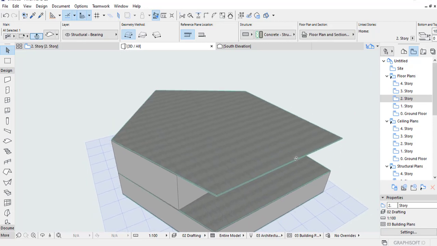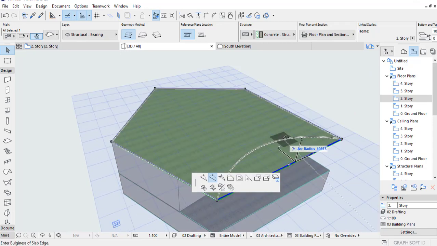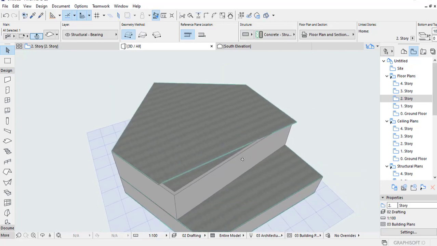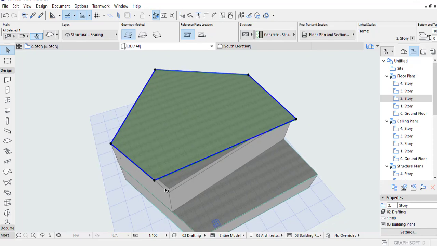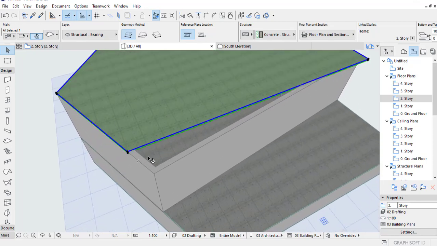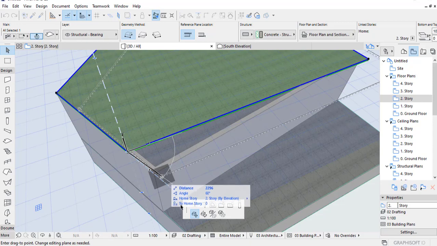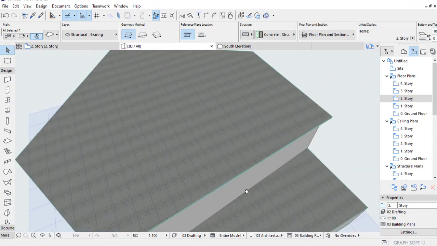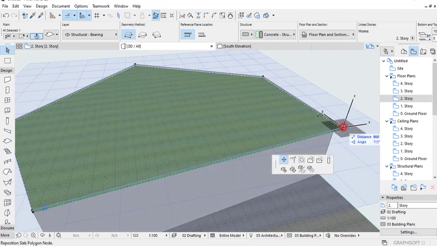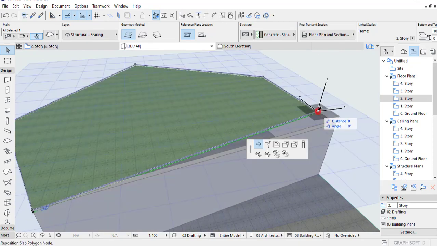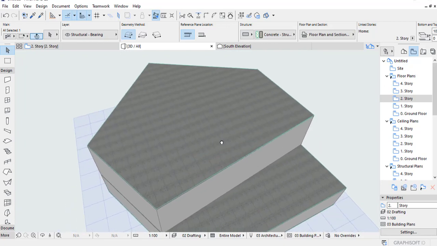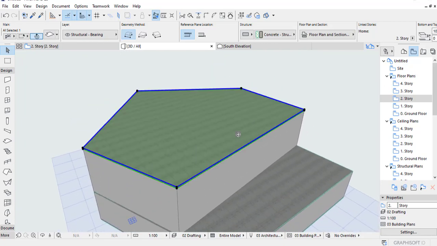Now you might want to shorten this slab by simply using the offset command, offset on one edge, and then you might have to edit its corners. So you can simply move these corners, move the node, place it in these corners. This is another way of drawing slabs in 3D.